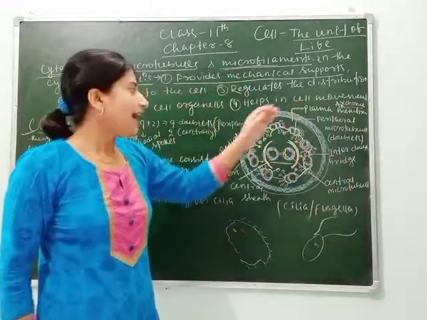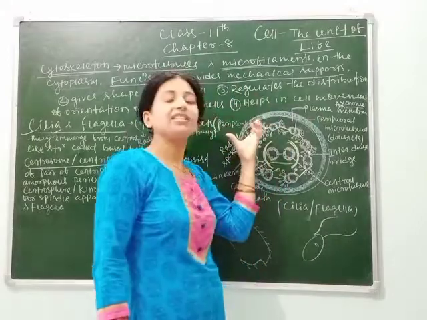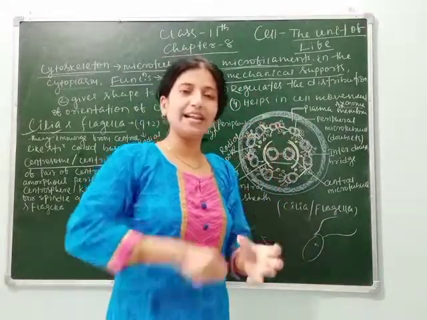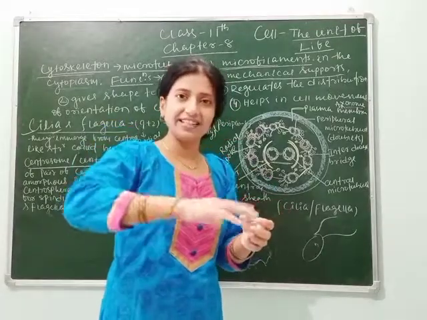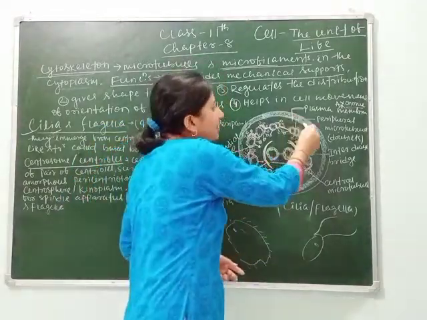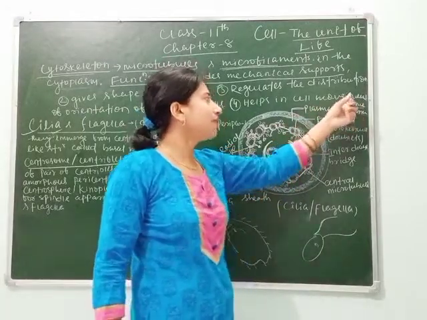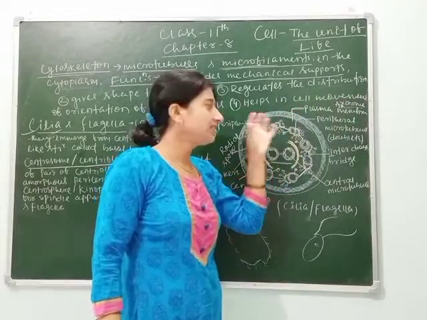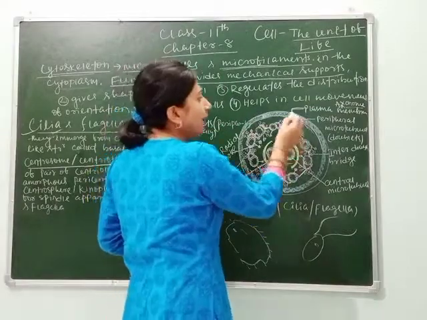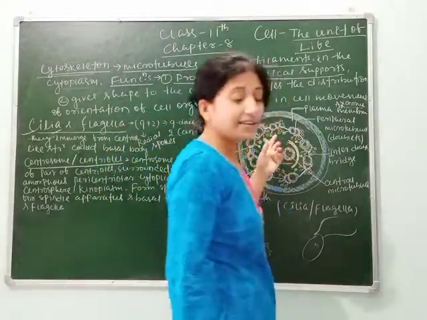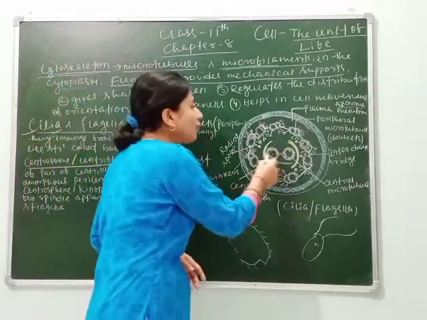Next, here is the important part, that is axoneme. What is axoneme? Axoneme is present just below the plasma membrane. Inside it, this acts like a core, like the Earth's core, after a layer of soil, then its core forms. Exactly just below the plasma membrane, axoneme is present, which provides the structure to the flagella, and inside axoneme, the peripheral microtubules, which are arranged in doublets, means twice or 2, and centrally located